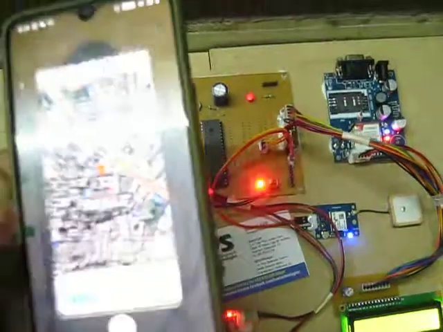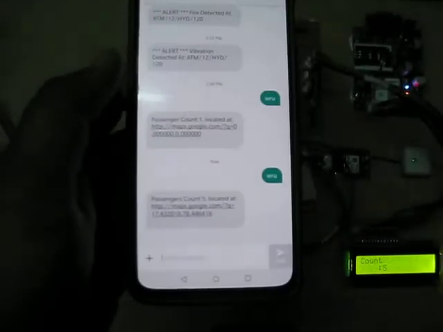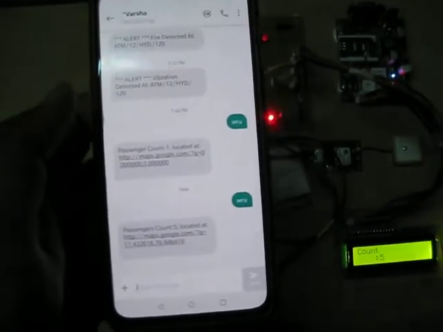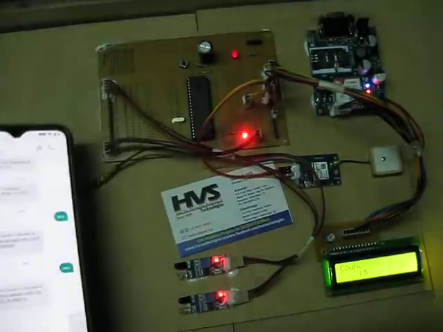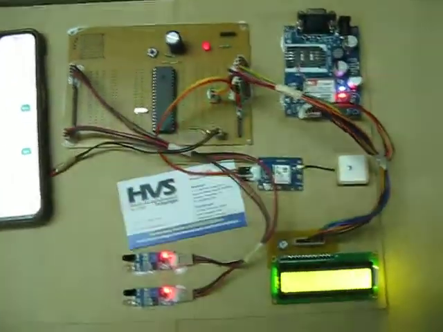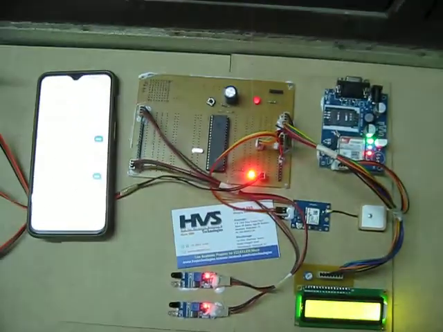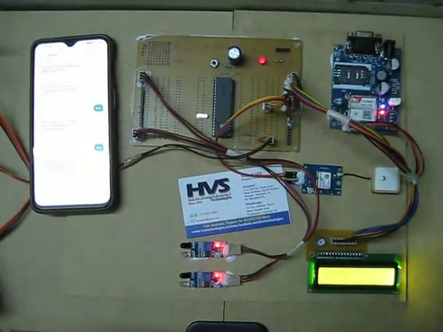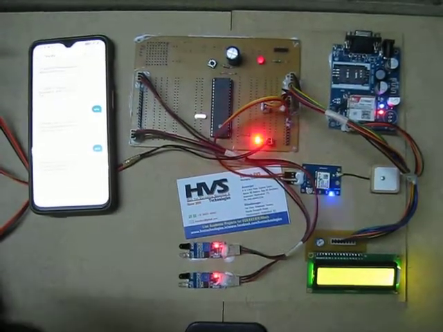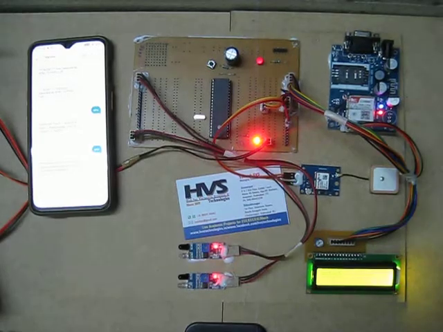The message also consists of the number of passengers: the number of passengers is 5, and located at the given location. It will reply to any phone number, just those who send the message in our mentioned format, WRU.